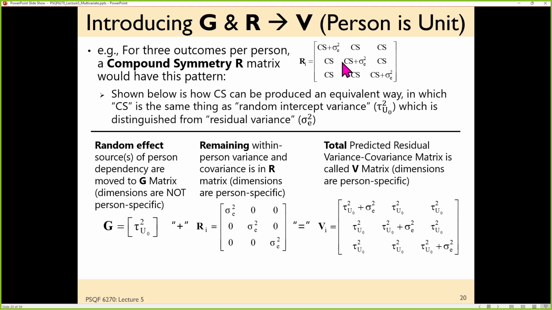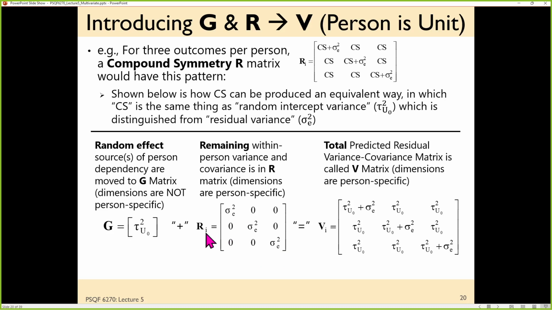So rather than saying, I want an R matrix that has equal variances on the diagonal and equal covariances on the off diagonal, that's one way you can do it. That's requesting a compound symmetry pattern. You can do that in GLS, for example, in R. The other way to do it is to say, no, I want a random intercept. And after I account for that random intercept, then I want the residual variances that are left over for each outcome to be the same and to have no relationship.